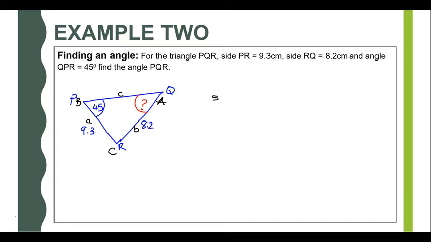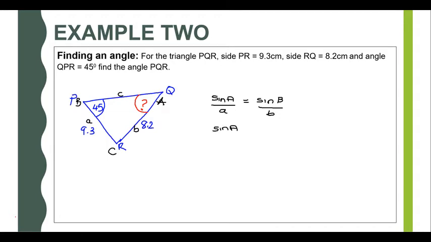So sine A divided by A is equal to sine B divided by B. We know length B, and we also do know angle B. So we can straight away substitute in the information we know,